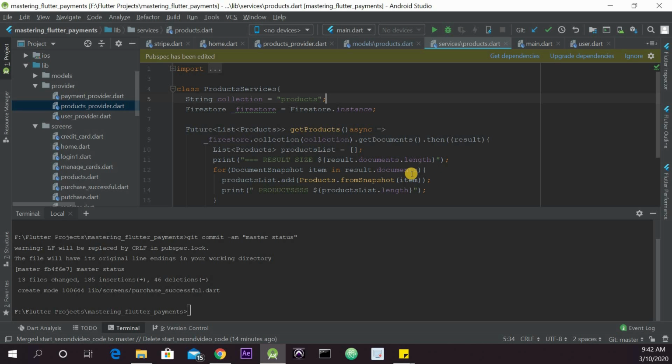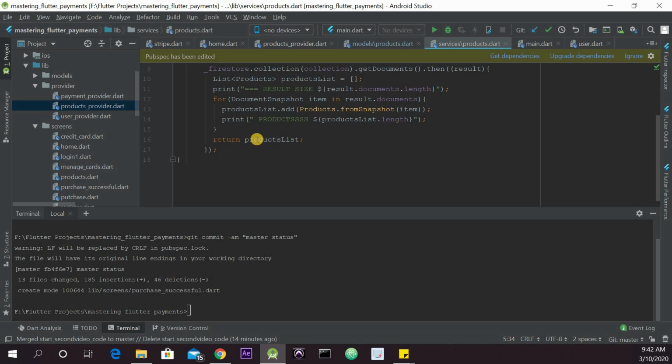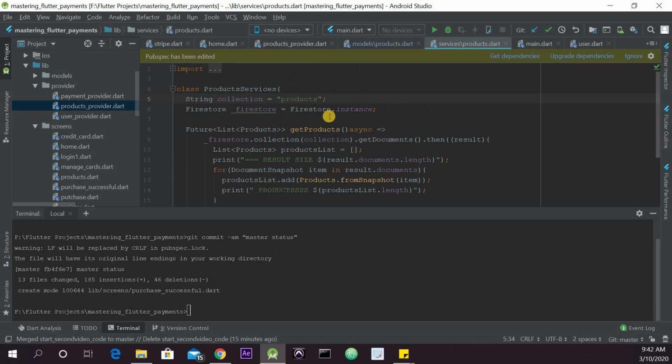We are creating product objects and adding them to our products list. That's basically what we're doing, and then we are returning the list of products, and we are going to do the same thing for all of the other methods. Okay,